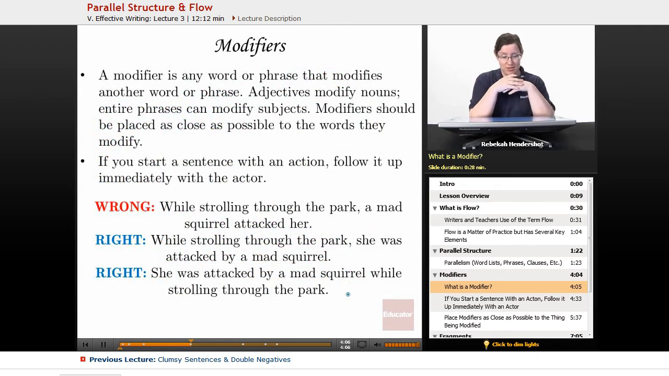Alright, modifiers. What is a modifier to begin with? A modifier is any word or phrase that modifies another word or phrase. It's a word or group